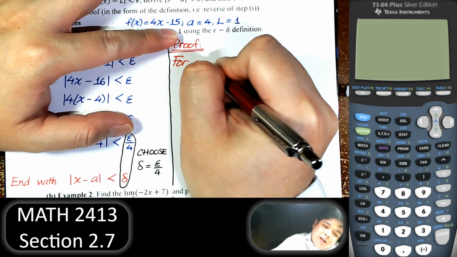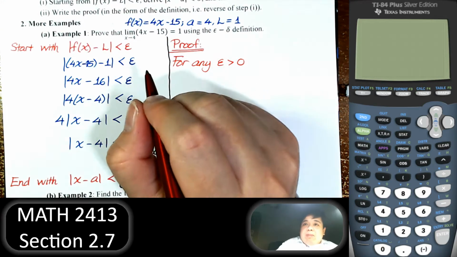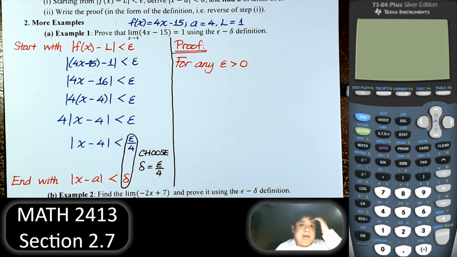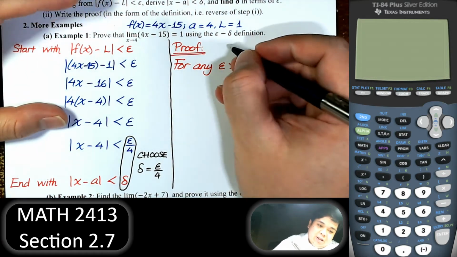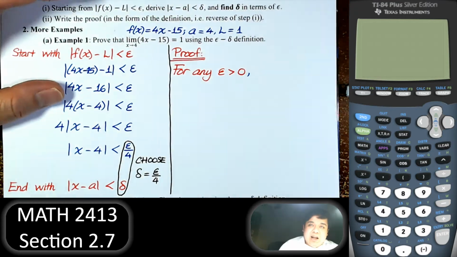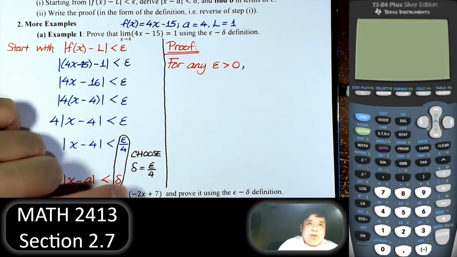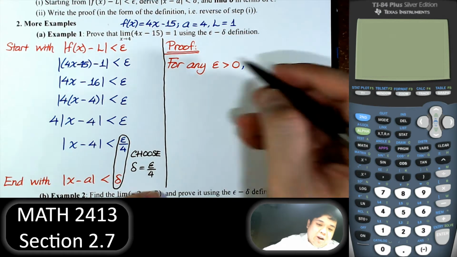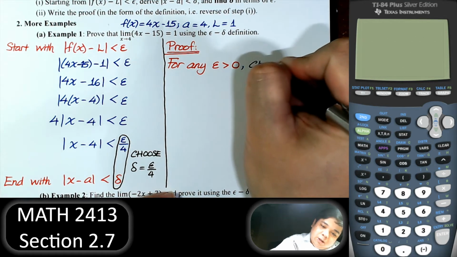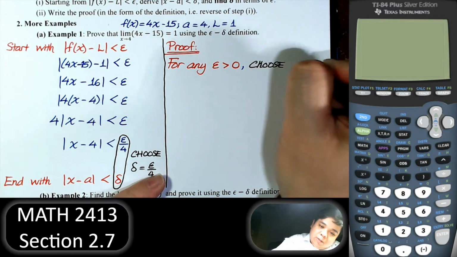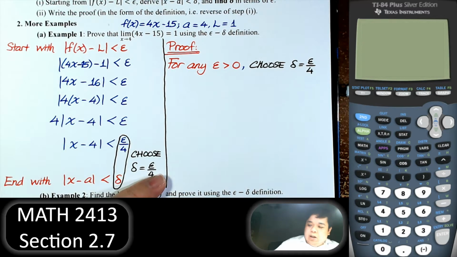For any epsilon greater than 0, meaning it doesn't matter how close the function and the limit need to be, we can find delta equal to epsilon over 4. So in that case, we just say we're going to choose delta to be equal to epsilon divided by 4, so that